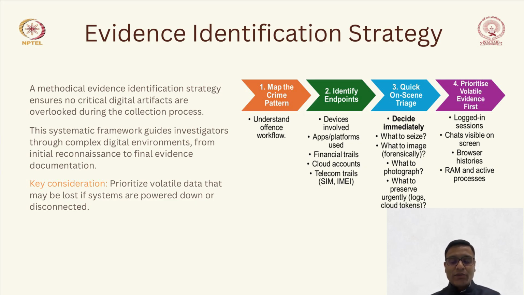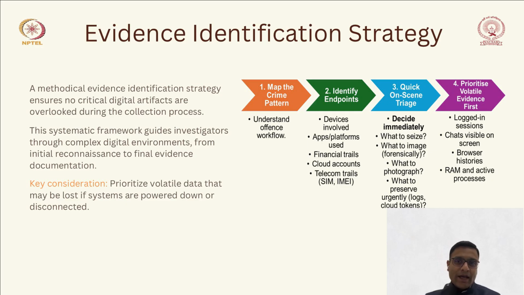Then you need to identify the endpoints, that is the devices, the apps, or whatever is involved in that. Then do a triage. Triage is the prioritization of the evidence. What should be collected first and what can come later? So this is what we call triage, which is prioritization. And in that, we prioritize the volatile data. Volatile is what gets lost with the loss of power or over time. So we try to prioritize them because they get lost first. So login sessions, the chats on the screen, the browser histories, the RAM data, all these are some examples of